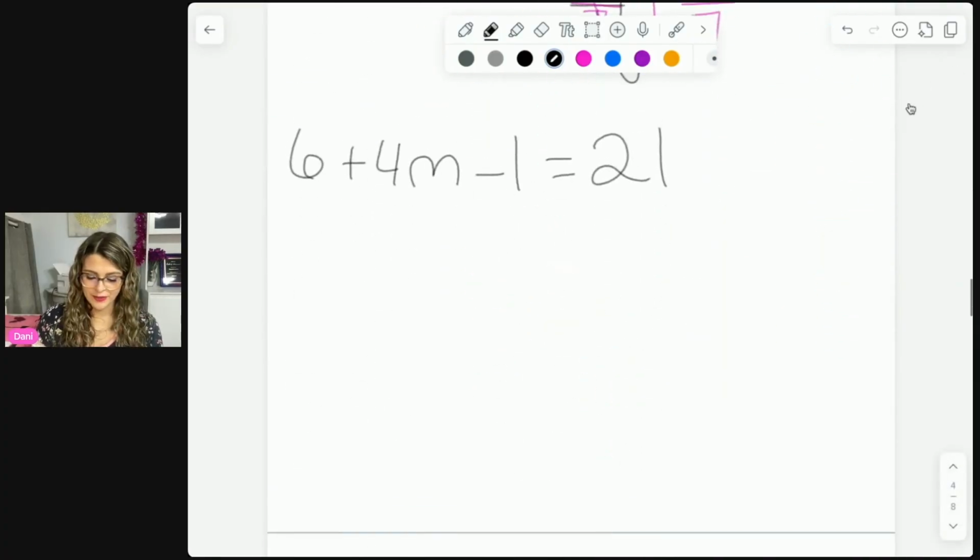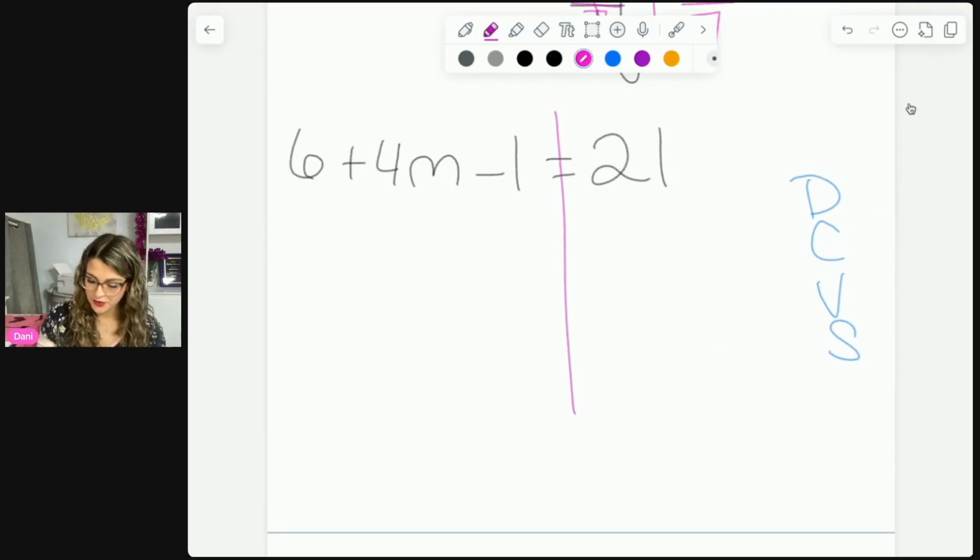All right, next problem. So I'm going to write my DCVS, and let's drop our line down. Okay, do we have to distribute anything? No. Coming soon, though. Can I combine like terms? Yes. So our variable's in the middle, but still only one of the 4 m's, only one thing with an m. We have this 6 and then